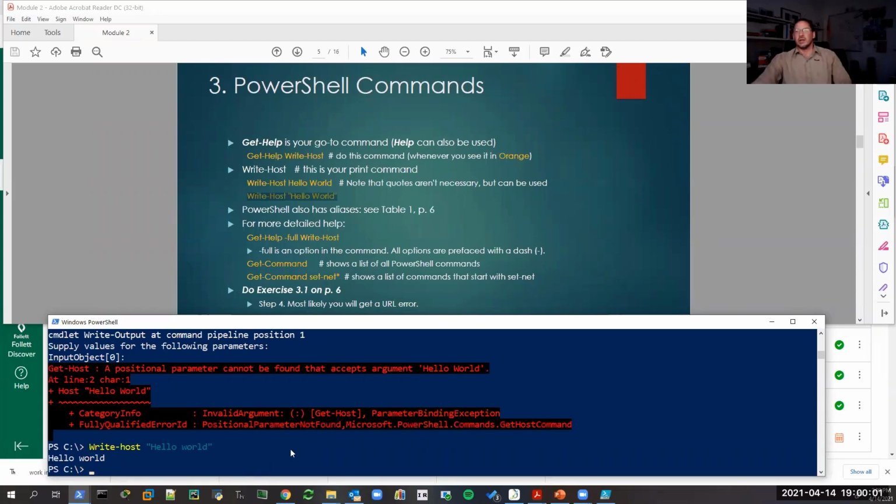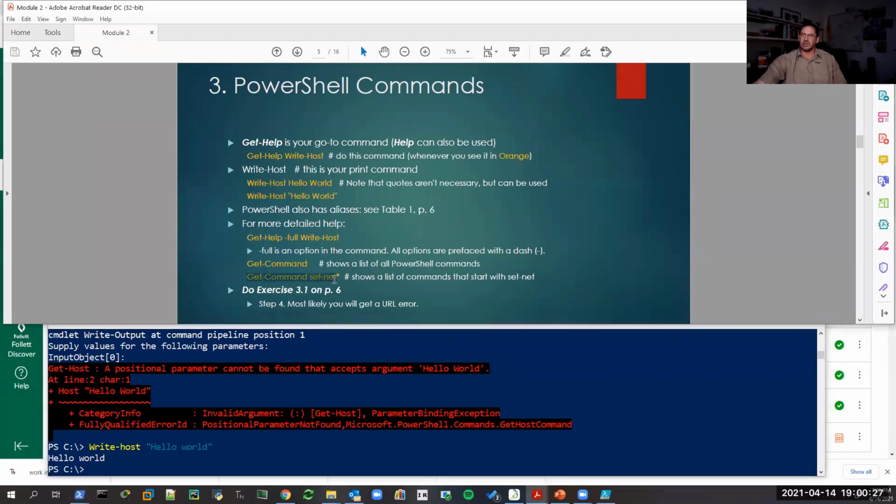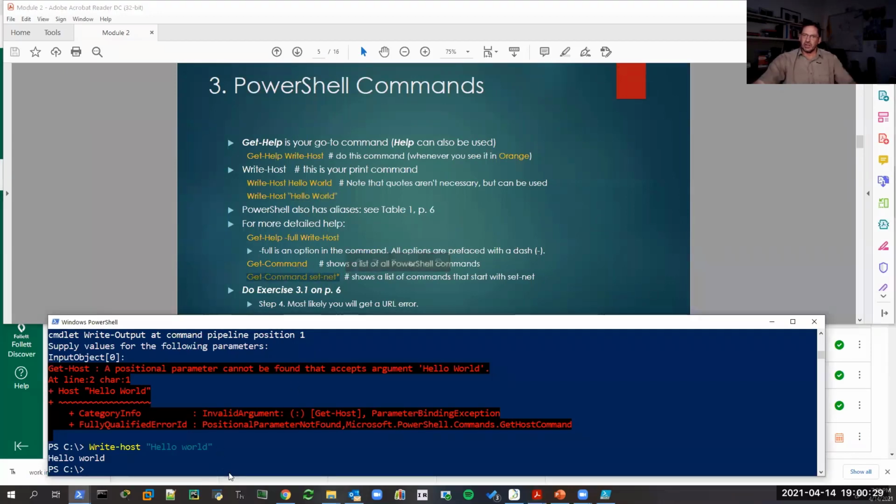Okay, so either way works. There might be certain times where you want to use quotes, but for the most part, you don't need to. Okay, so I would say, in this last command here, I already showed you an example of that, where